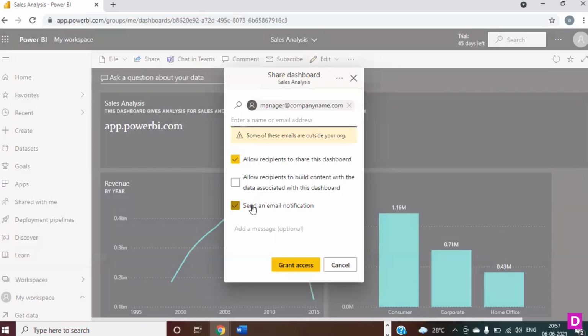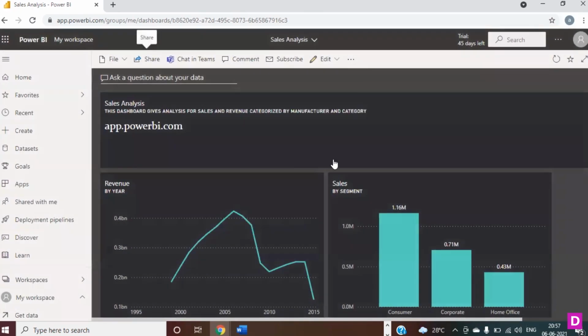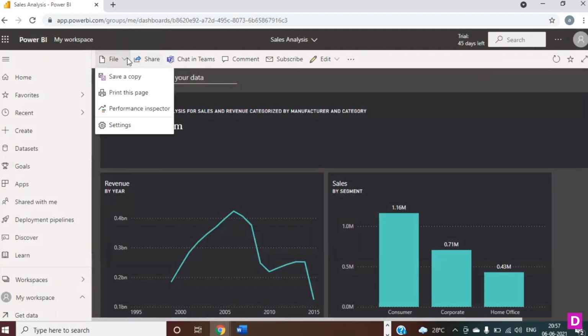Okay, so as soon as you click on grant access, put the correct email ID here. Just for a demo purpose I'm showing you, so I'm putting any email ID here. Put the correct email IDs and click on grant access. They will get the notification, they will get the dashboard, they can start the analysis. Okay, so that's how we share this dashboard. What are the other options on this file option here? We have the settings. We can save a copy of it and print this page or some normal